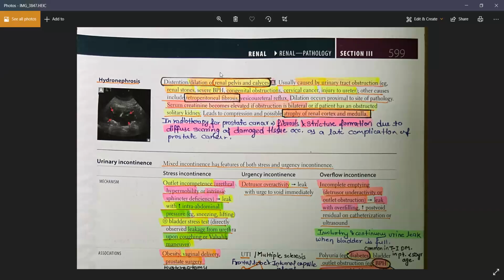calyces. Okay, so step one can give you a gross picture of the kidney, and they will ask you whether it is a case of hydronephrosis or not. You will look for all the things in the kidney, and if you see dilations of the calyces and the pelvis, then of course you will have a hydronephrosis. They can further ask you about this pressure atrophy thing. Okay, and please note that the size of the kidney will be decreased because of this increase in the pressure.